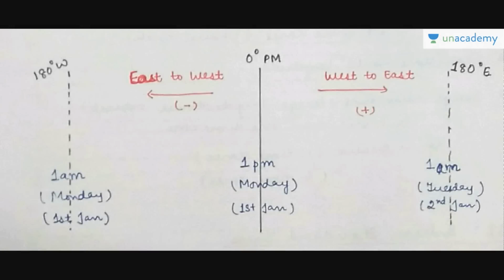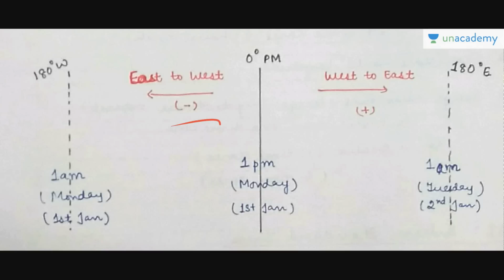Hope that this losing and gaining of day is clear. When you gain a day, it means that the day decreases in that sense. It becomes from 2nd of January to 1st of January, so that you get another day to live. That is gaining of a day. You are in the profit. You have already lived that day here, but when you come here, you get another chance to live that day. And losing a day means the day changes from 1st of January to 2nd of January. You were supposed to live 1st January here also, but since the day here is 2nd January, you miss out on living the 1st of January. So there is a loss of day.